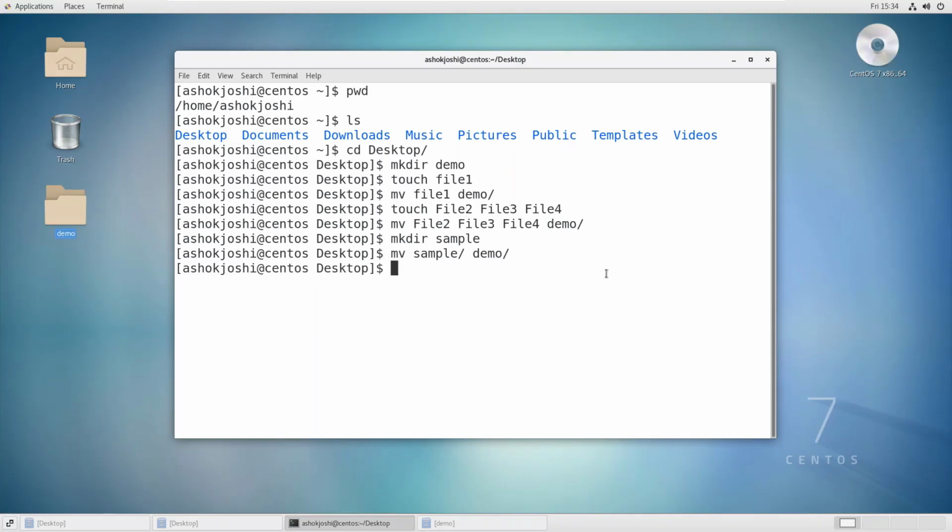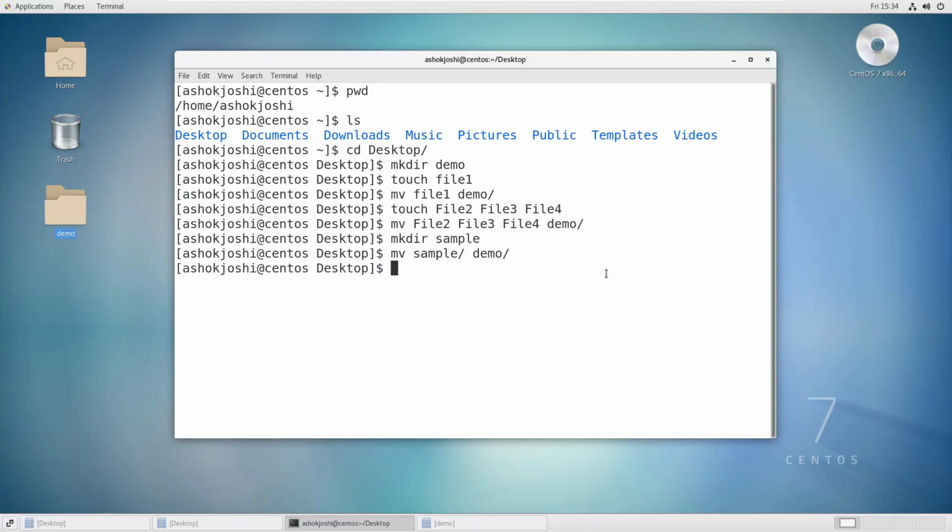Now let's see the next example, how you can move all the files which have a similar extension. Let's say there is a requirement that from one directory you have to move all the files having a .pdf extension, just as a random example, inside a particular directory. I will create 4 to 5 .pdf files and try to pattern match.